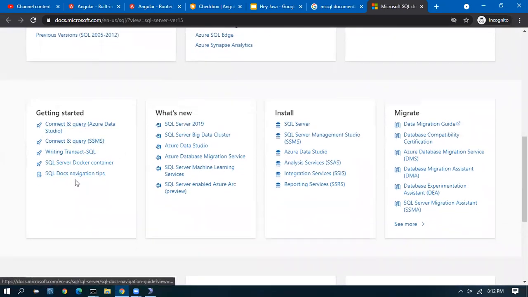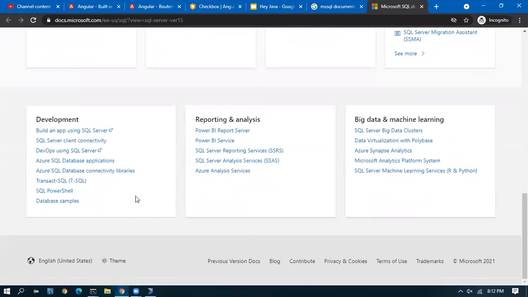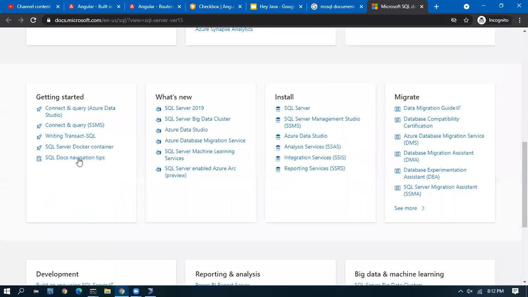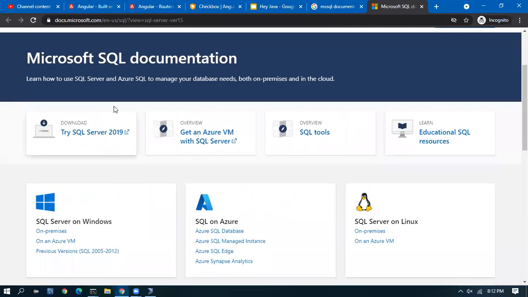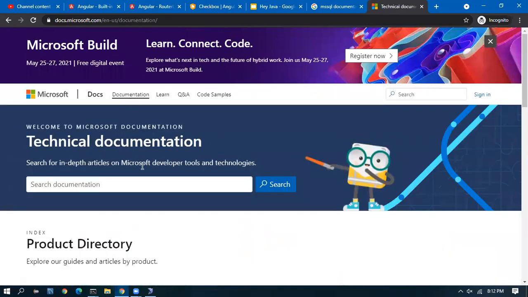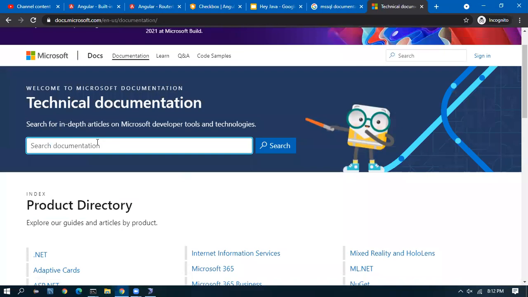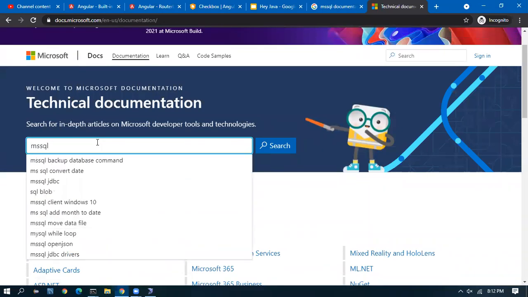Okay, SQL Server documentation. There it is.